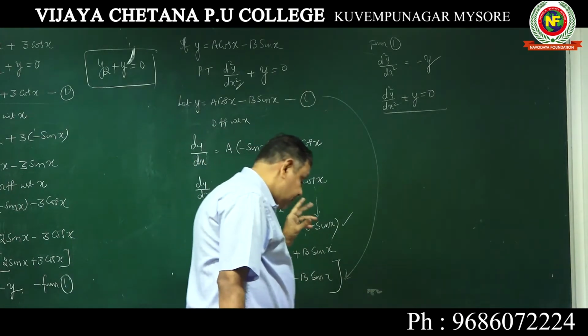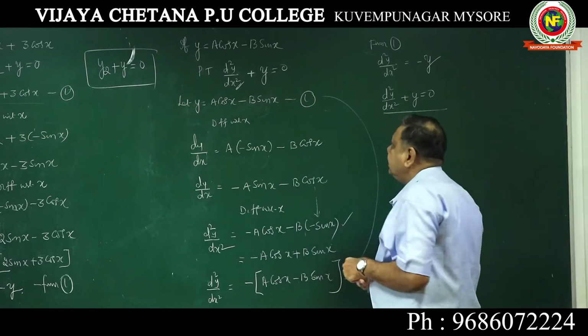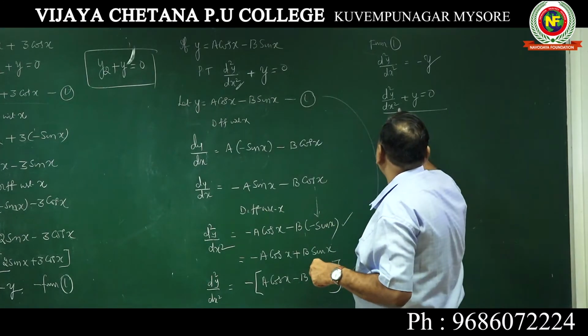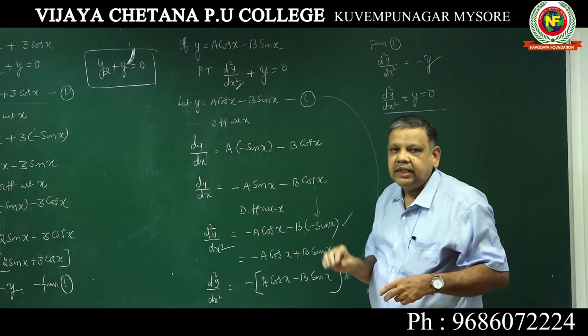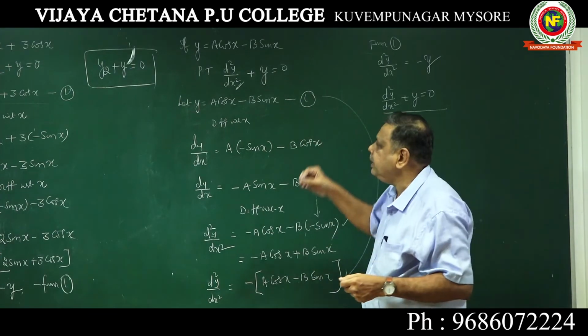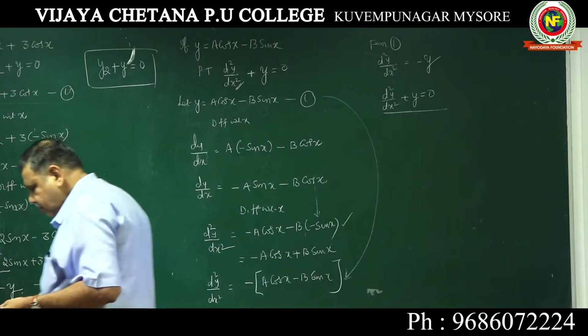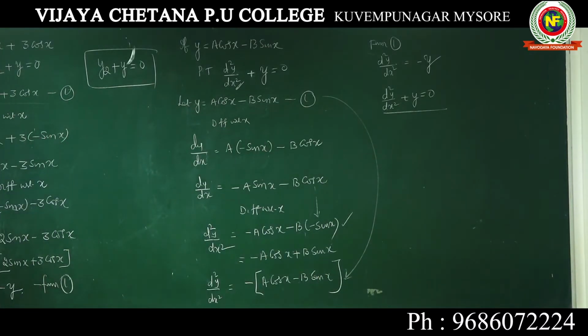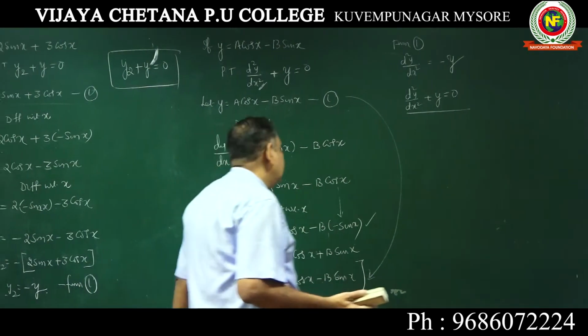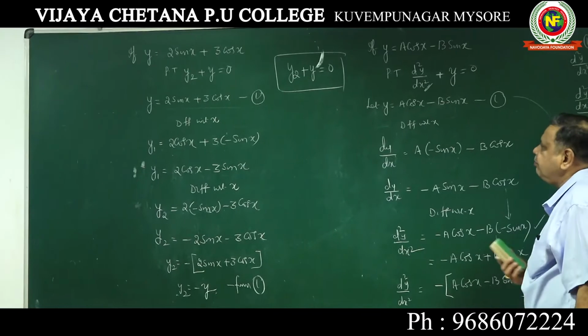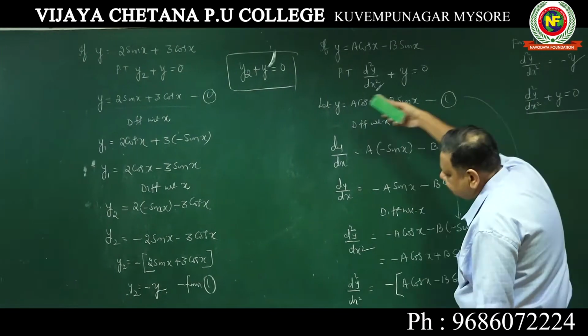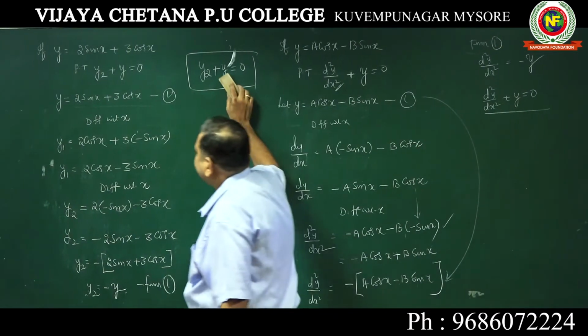See, these are all important even in CET also. If they give this, what is the value of d square y over dx square plus y, 4 options they will give. You can immediately close your eyes and write the answer 0. So you should not waste time in CET. Within 90 minutes you have to answer 60 questions or so. So you have to be very careful. We have to be fast also. So these type of questions will come in even in CET also.